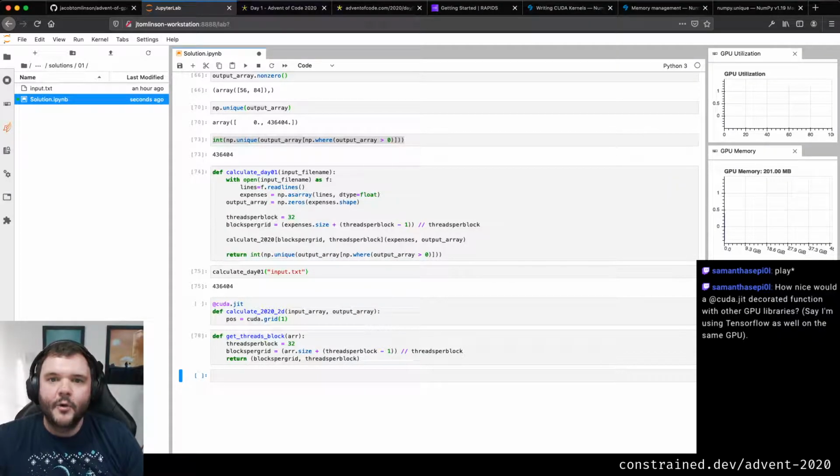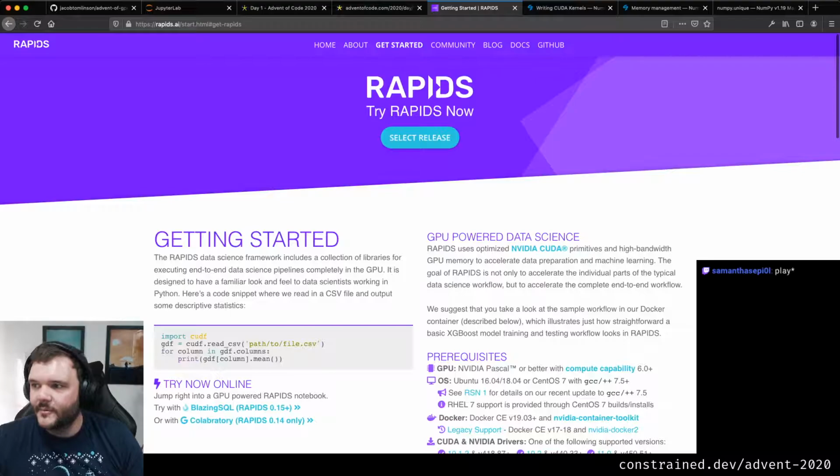But the whole point of Rapids and these kinds of libraries is that a lot of the work you probably do with TensorFlow is reading in some data from somewhere. Maybe you use NumPy or some other library to transform it and do all of your data cleaning and hyperparameter optimization before handing over to some other library like TensorFlow or PyTorch. So you do a whole load of work on the CPU, and then you switch over to doing a whole load of work on the GPU. The idea of Rapids is to move all of that to the GPU. So you could use cuDF, or CuPy, or arrays like we're using in Numba here, and you can keep all that work on the GPU.